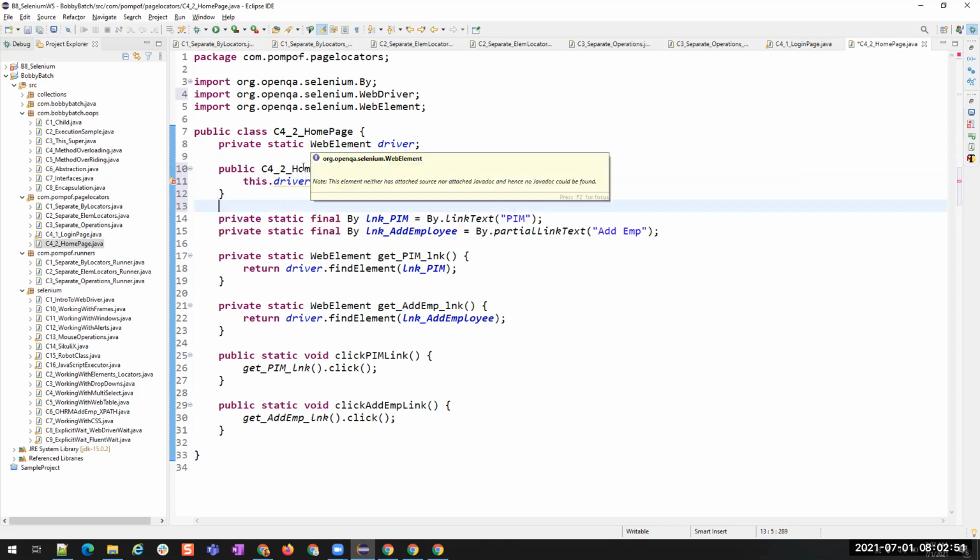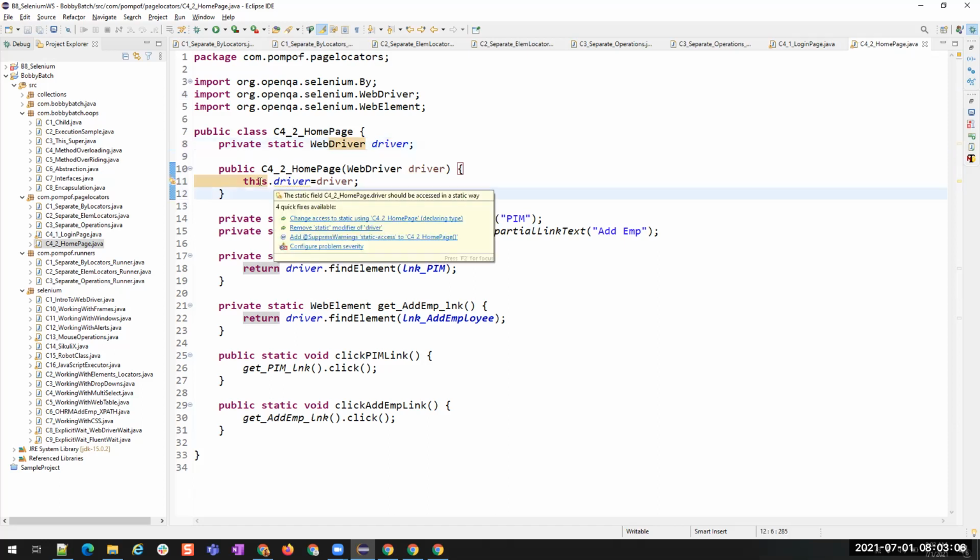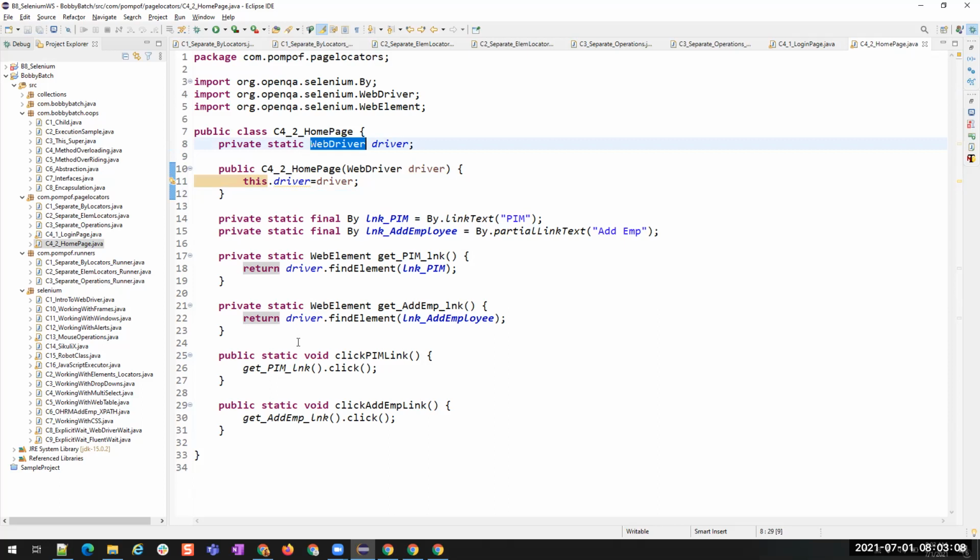This is WebElement. Sorry, you see, for the driver I made it as WebElement. It should actually be WebDriver. You're also not observing and you're not saying. Okay, now this is done. Now we are done with the home page.